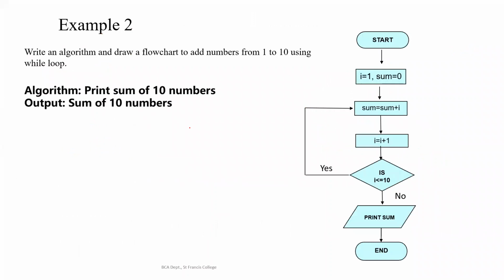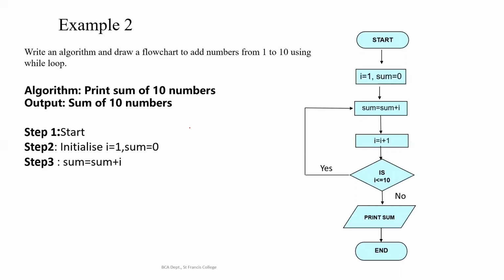So now we are moving to the examples. We have seen the algorithm for printing the sum of 10 numbers. So in this, we will be starting and then initializing. I think I had covered this also, right? So initialize the control variable. Which is the control variable in this? I will be the control variable. I equal to 1. And then we are using a variable called